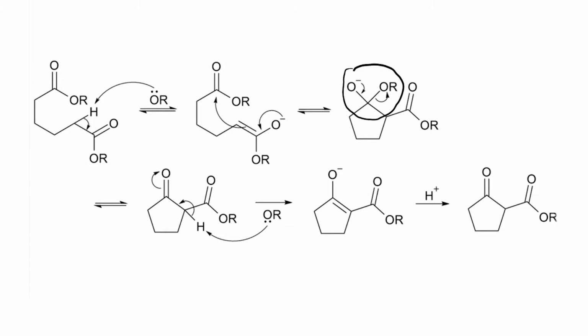You can envisage that all of these reactions might be in equilibrium and might actually reverse. However, the last step of this reaction, the reaction of RO minus with this 1,3-dicarbonyl compound, is an irreversible step. Now, if you remember, the second step of the reaction is a workup with acid, and so you can isolate this compound as the 1,3-dicarbonyl compound. So the Dieckmann condensation is nothing but an intramolecular Claisen reaction.